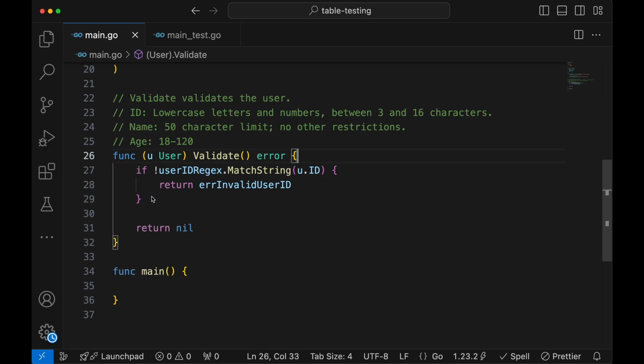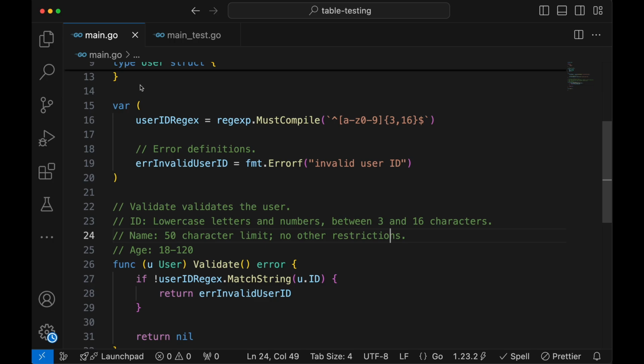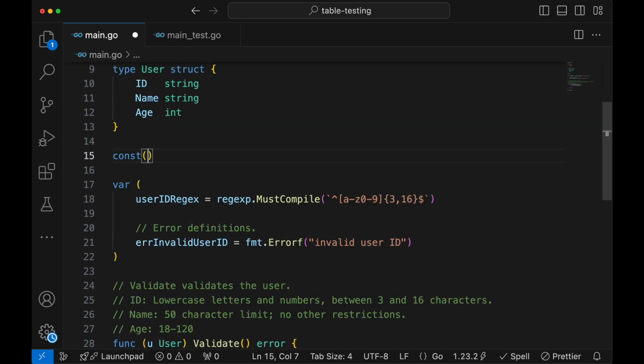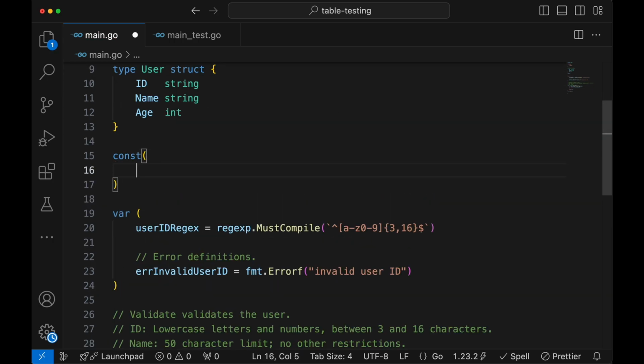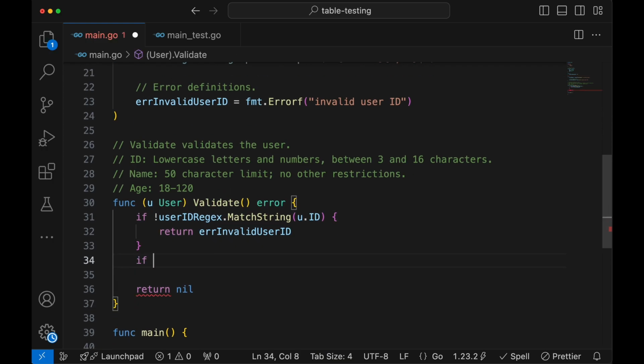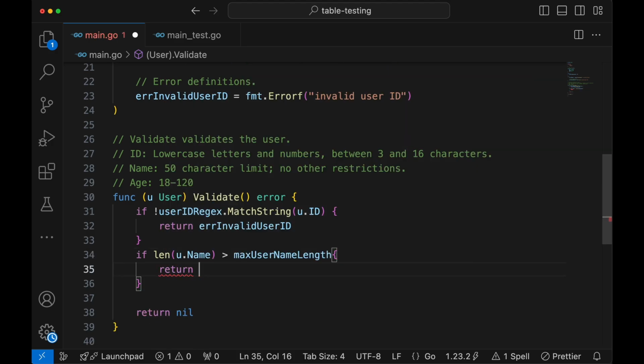Now let's move on to the next value, which is the name. For the name, we only have a 50 character limit, so we only have to check the length. So instead of hard coding this, I'm going to make it a constant. And let's say MaxUserNameLength, and set it to 50. And if the length of this name field of the user struct, the len, is greater than the value we've defined as a constant 50, then we return a different